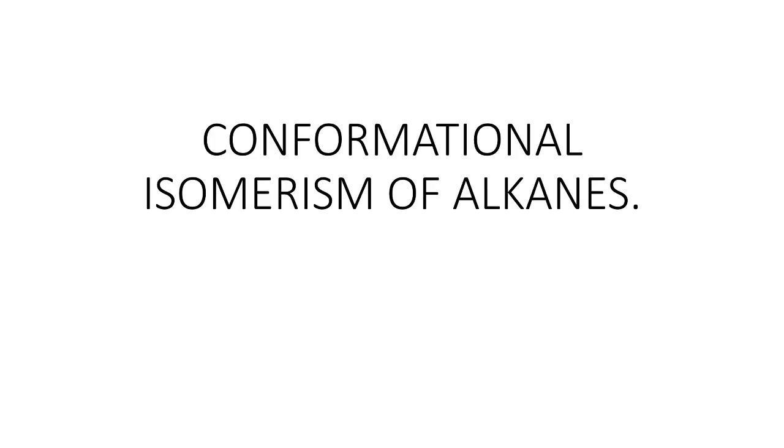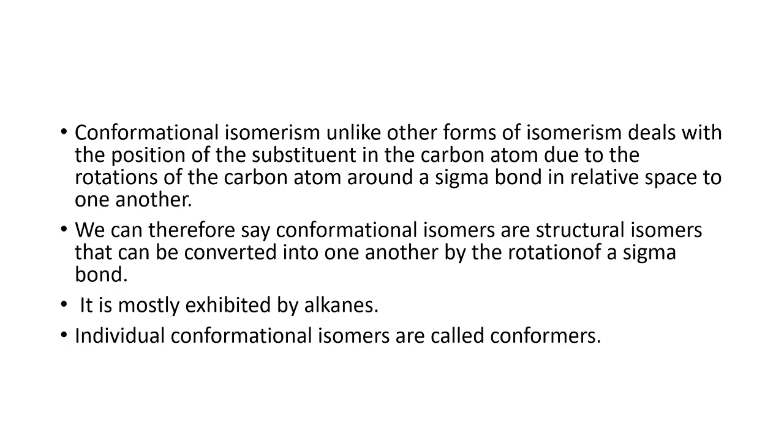Alright, in this video we're going to be talking about conformational isomerism of alkanes. Now, conformational isomerism, unlike other forms of isomerism, deals with the position of the substituents on the carbon atom due to the rotation of the carbon atom around a sigma bond in relative space to one another. We can therefore say conformational isomers are structural isomers that can be converted into one another by the rotation of